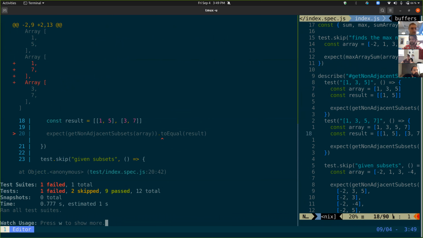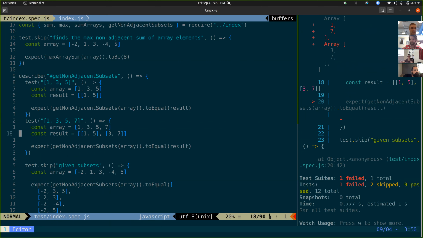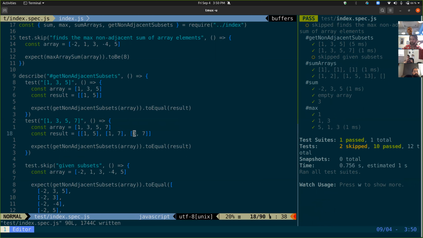Maybe. Oh, it also gave me 1 and 7. That is a... the computer was right. Oh, now it's fussy about the order. Okay, about that. Okay, cool. So that'll work, but